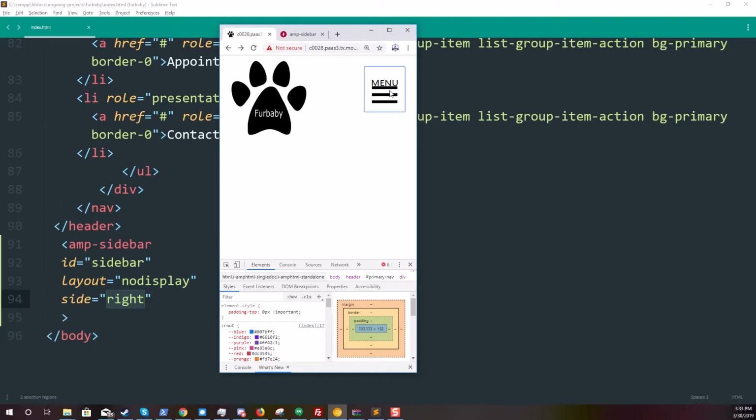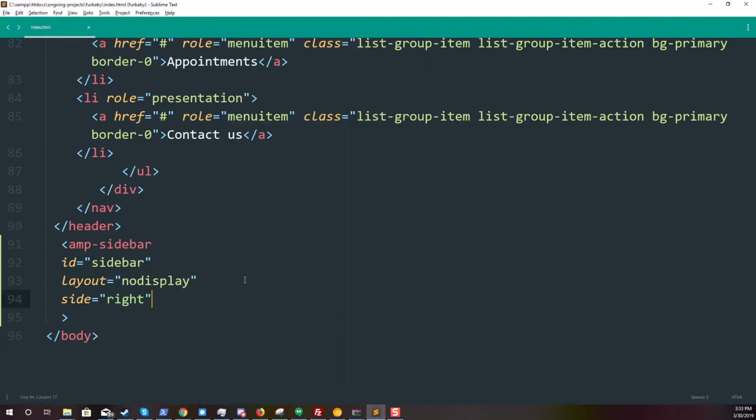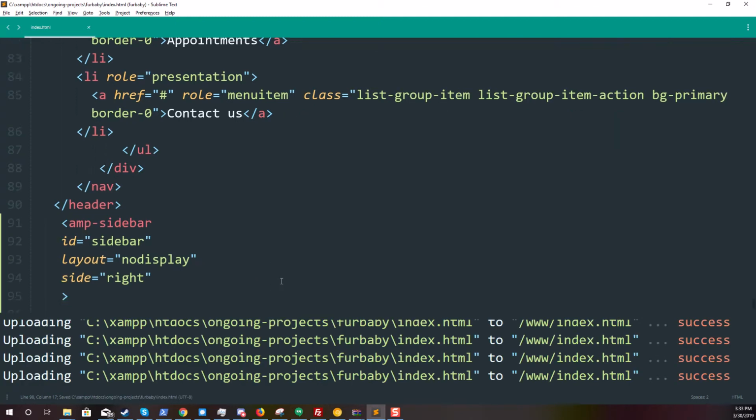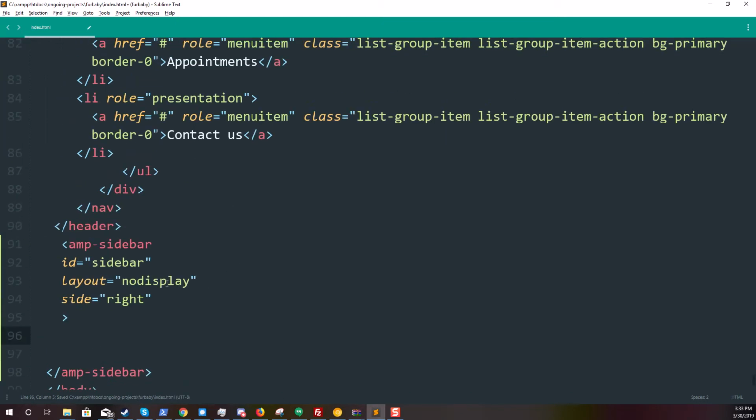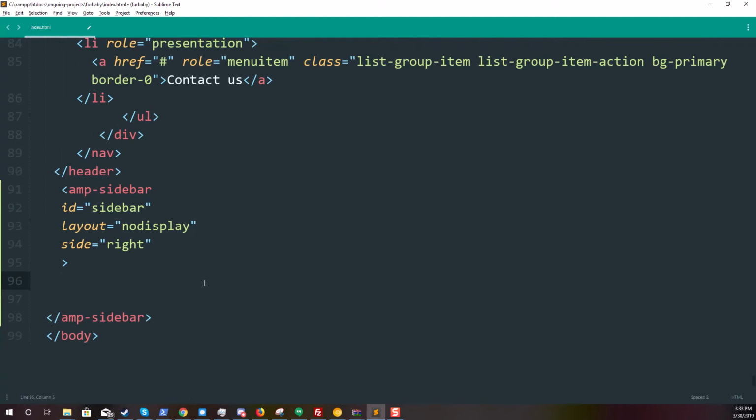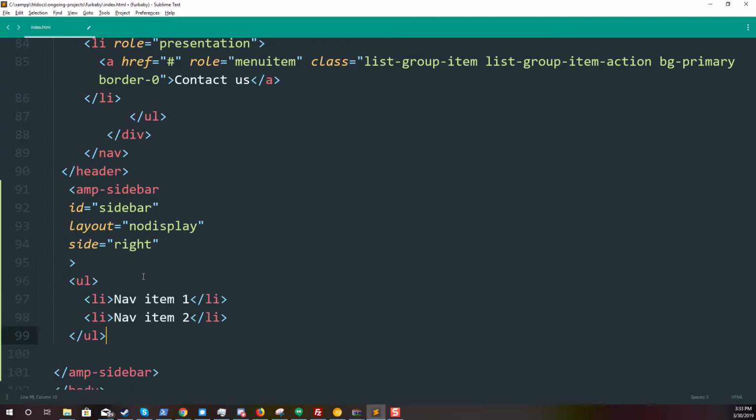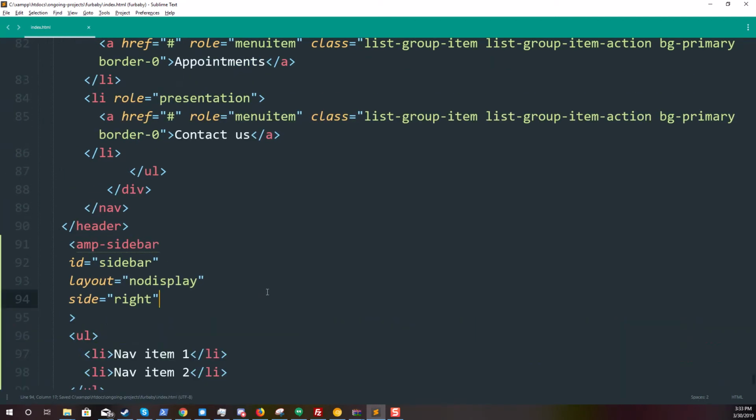Okay, so we want, when we click the hamburger button, the off canvas to appear. So we're building the sidebar, and that's pretty much it for the sidebar. Now the interesting thing is, let's close off this element. All the content that you want to appear once you open the sidebar must be in between the opening and the ending sidebar element. So let's try to put some example attributes to see if it works.